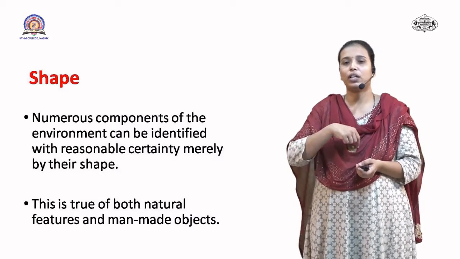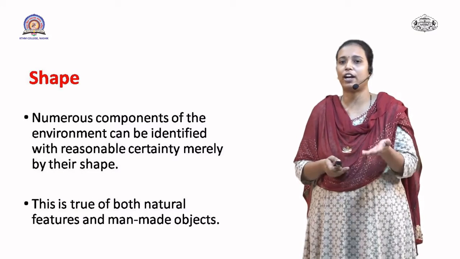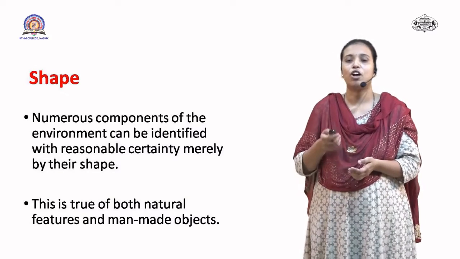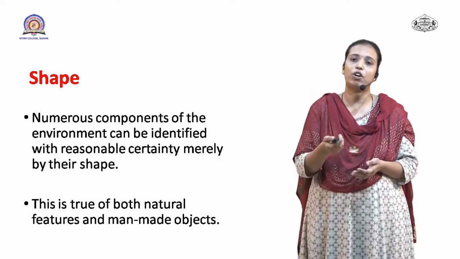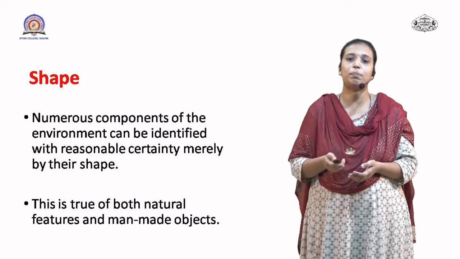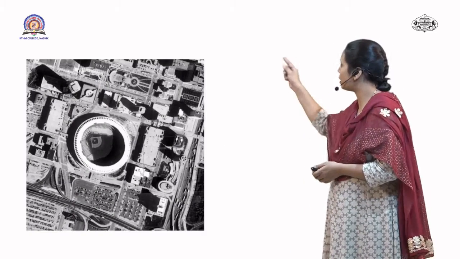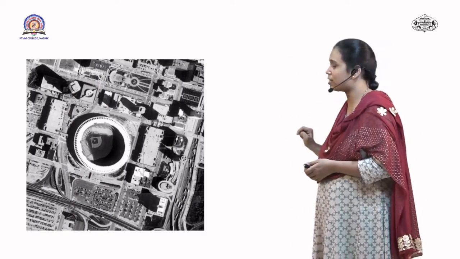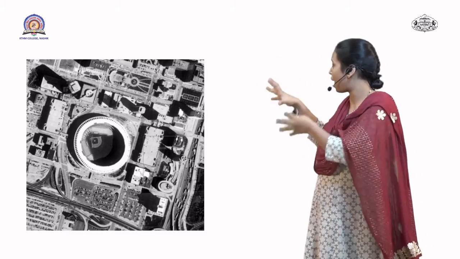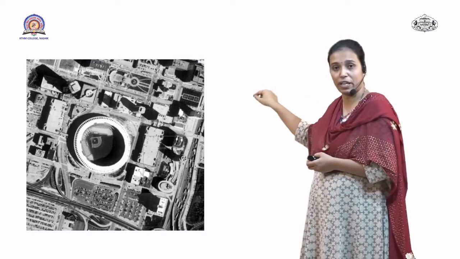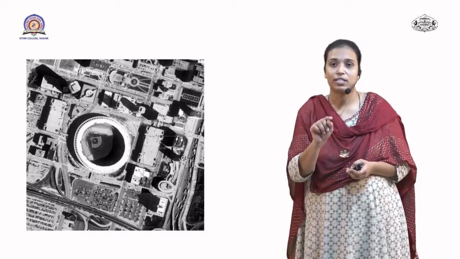You can see a particular oval shaped ground structure, then you can identify that it may be a running track. So like this, shape helps us to identify what object or phenomena is situated at that particular area. For example, we'll take this image. You can see a round structure in the center of that image. This round structure and a shadow between it, and there is a space. So this space can identify that it may be a stadium.